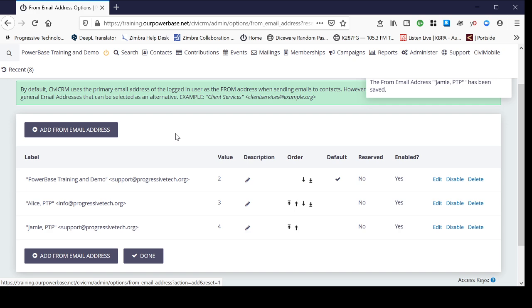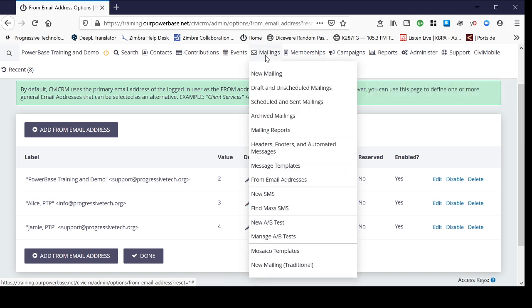Now we're pretty much ready to go and start creating our mailings. Prior to this, Mosaico templates have been created, and there's another screencast for that to make it easier to build your new messages. Those templates will have the basic design, color schemes, footers, signatures, things like that. So let's start with building our new mass email. Let's say this is going to be a newsletter. I'm going to go to mailings on the navigation menu, click on new mailing,